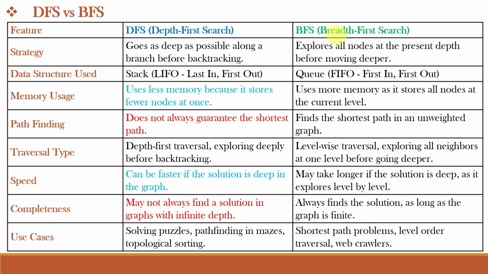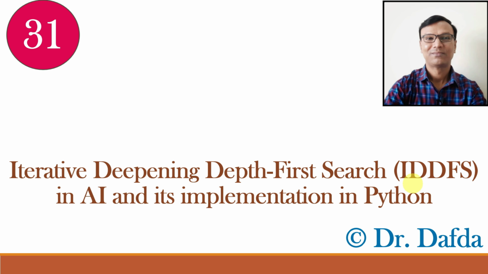Now we also know that breadth first search is complete and finds the shallowest goal, but BFS uses a lot of memory. DFS on the other hand uses very little memory, but is not guaranteed to find the shallowest goal. So we need a search method that gives us both advantages, the low memory requirement of DFS and the guarantee of finding the shallowest goal like BFS. This is why we use IDDFS. IDDFS is the best of both worlds.